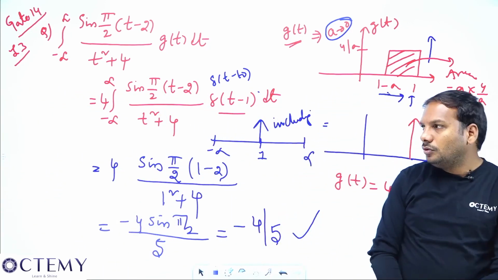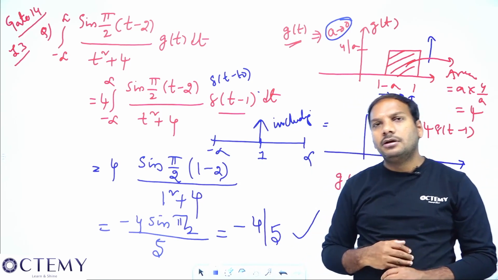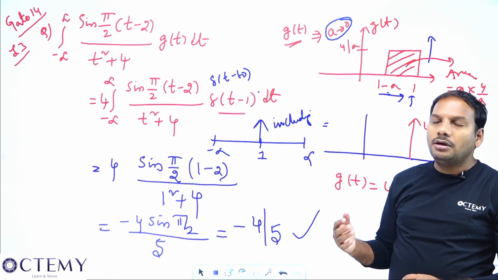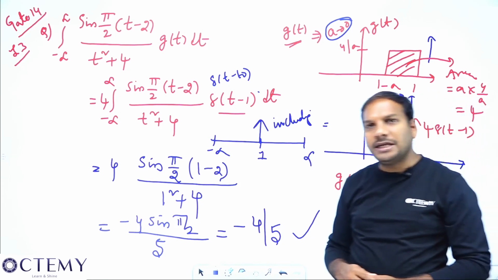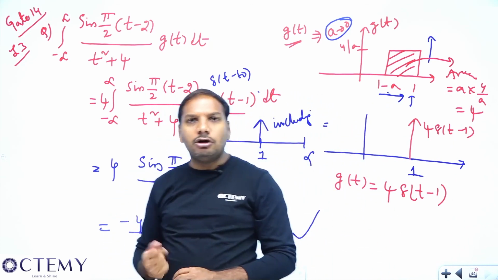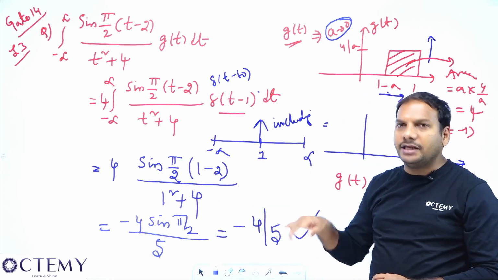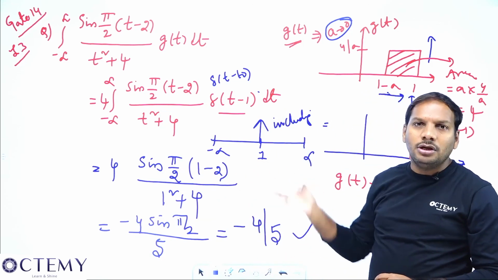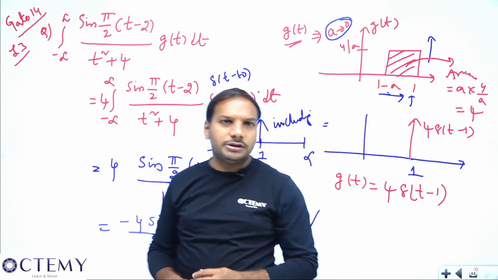So in the previous lecture I started the impulse function concept, then I extended towards the properties of the impulse function, that is its even nature, del of minus t is equal to del of t, and then the shifting operation, the scaling operation, and then multiplication of del of t with some function and integrating. So these are the logics, and here you will get GATE problems on these different logics.